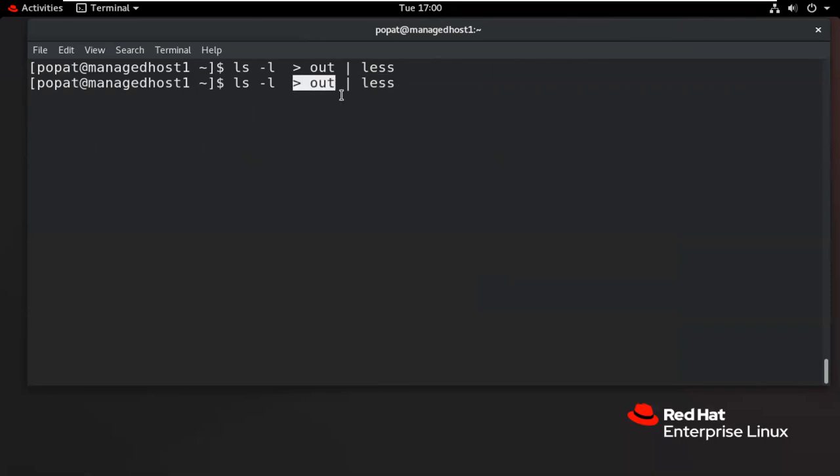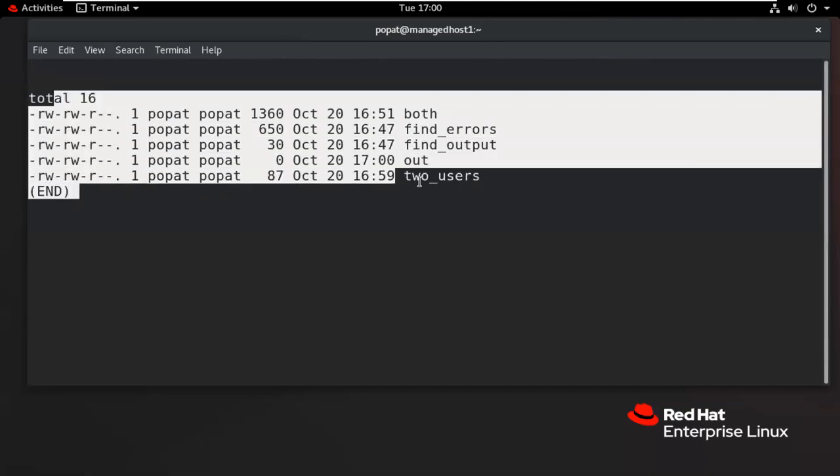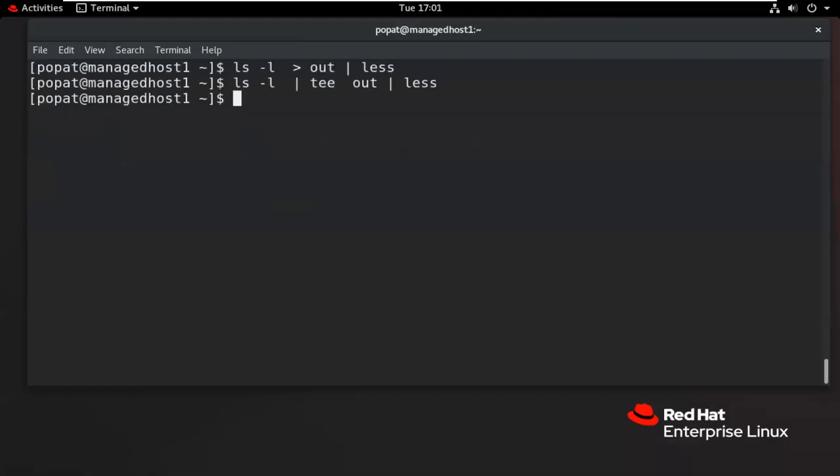So this will end here and we want to pass this particular output. Suppose we use here this particular sign, and T is a command. So it will show the output in this particular file and pass one copy for this particular command. So one output here and one output for this particular. So this is the use. So now you can check. We have all the output here also and it will pass one copy for this particular